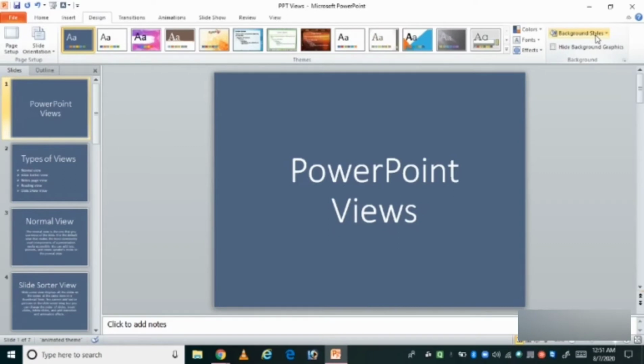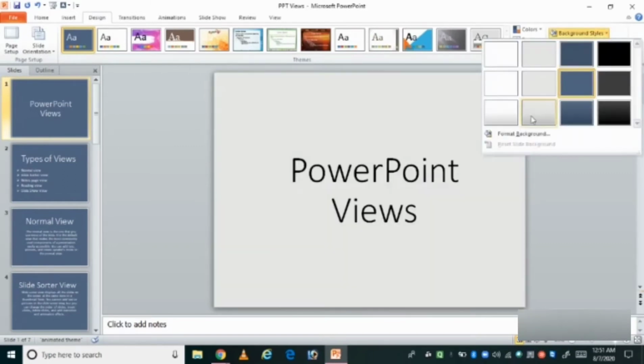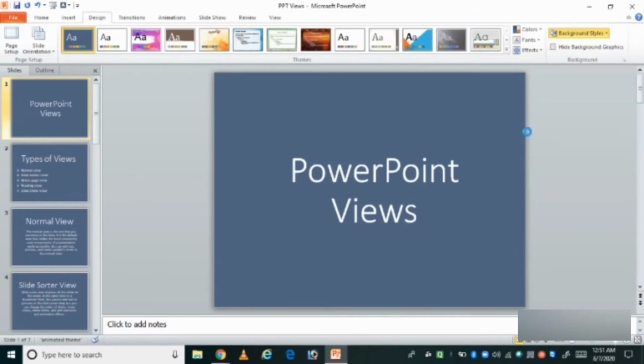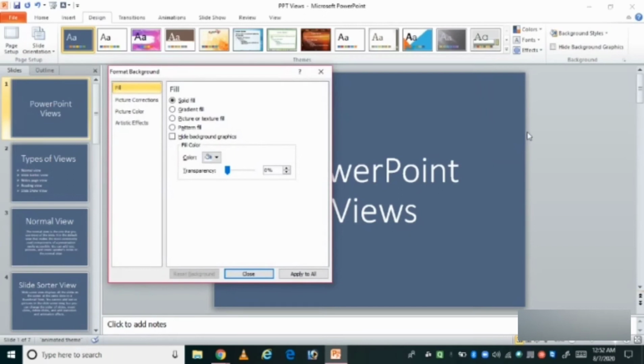In this, you have to click on the Format Background option. The Format Background dialog box appears. This dialog box provides various options such as solid fill, gradient fill, picture or texture fill, pattern fill, etc. So let us discuss these options.